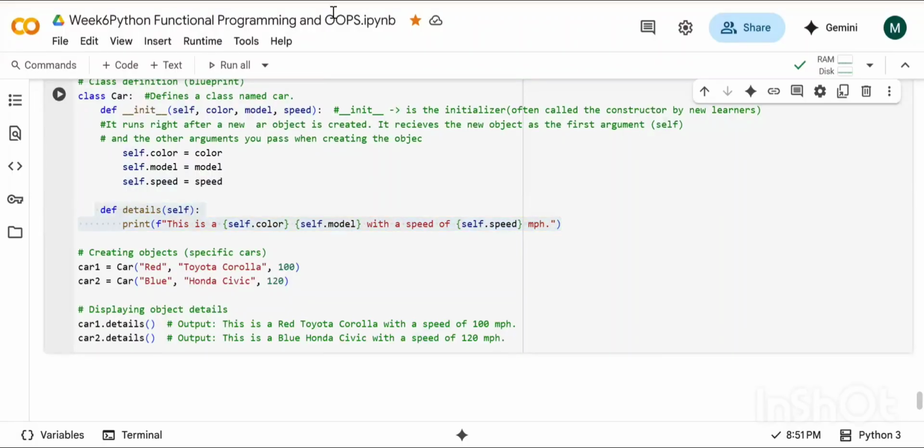It's the first time now, Ankita, so it will be a little confusing for now, but with practice, it will be clear. Ma'am, that means that def details in bracket self is also common for all programs? Yes. Because I'm using self now, and this self is now containing all the features, color, model, and speed in it. Okay.